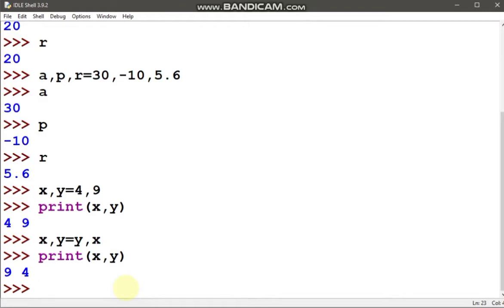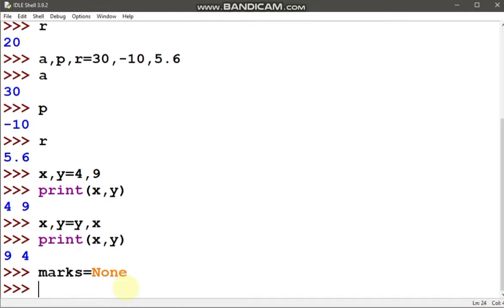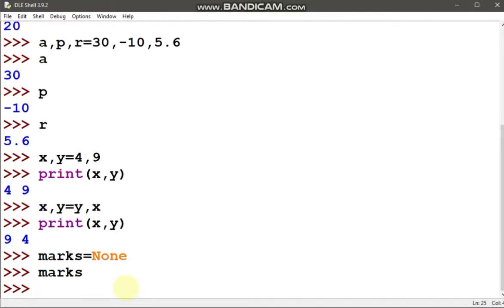Okay, now let's see the working of None. So let's take a variable marks to which we are assigning the value None, the special literal None. See, the cursor has come to the prompt again. That means the cursor has been returned to the prompt. So if we print marks, again we'll come back to the prompt itself.